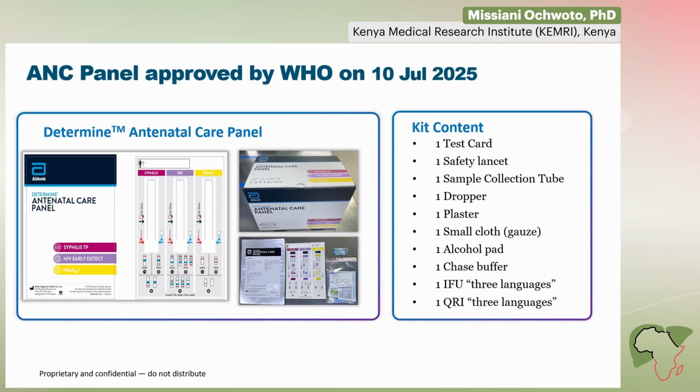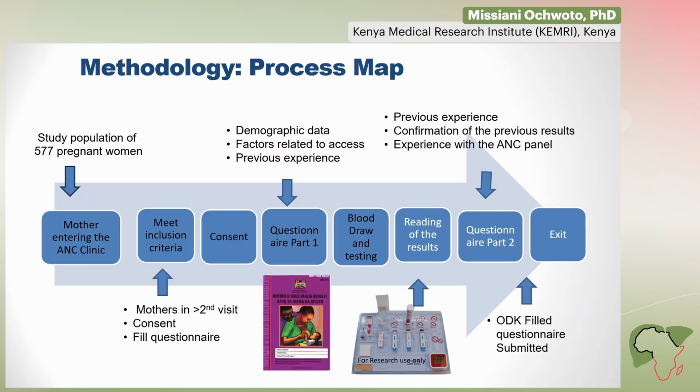This test is now available under the name Determine Antenatal Care Panel. It was approved by WHO on the 10th of July, and it has these contents. All these are included in the test, and now it is like one strip, composed of HIV, hepatitis, and syphilis. All the mothers who came to our facility, we tested them, and all who met our criteria, especially the second visit, and consented,